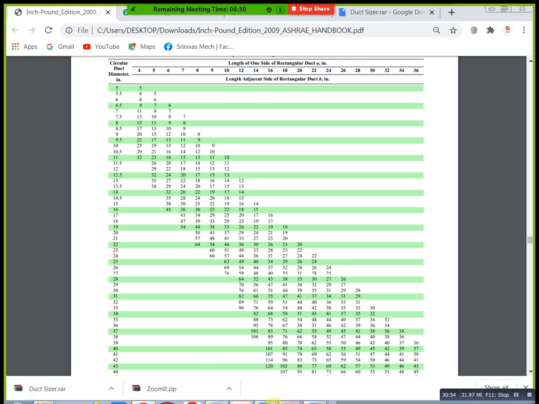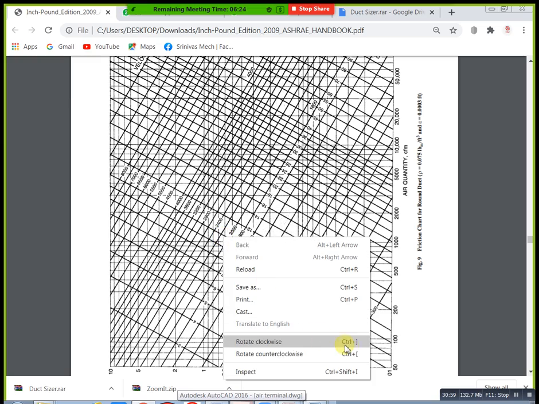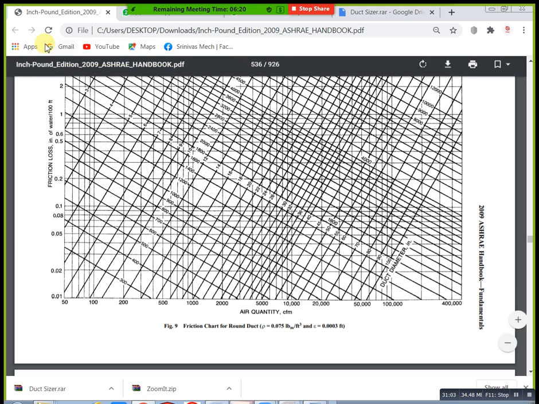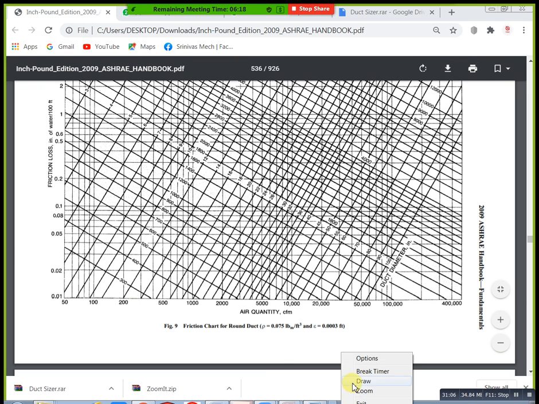Here is our CFM value. 1000 CFM means this one, or you will take this one, 500. First 1000 and 0.08. This is our 1000, no? Just consider this point. At 1000, here we have 900 as our velocity. At the same time, how much is this one? Near 14, right? Near 14 means close to 14, or directly we will take 14 inch diameter.